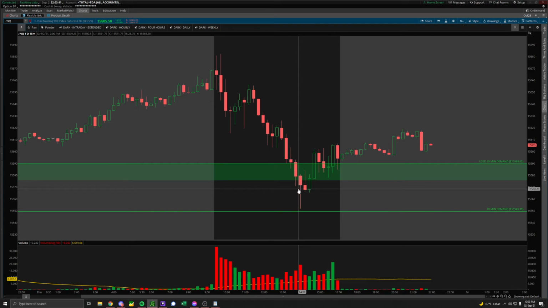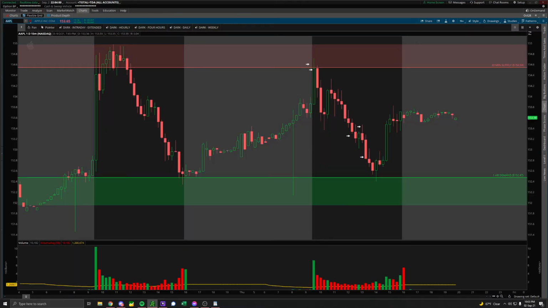So this told me that there's some seller exhaustion going on, and the fact that there's confluence with this 30-minute demand zone that I had identified, this sort of told me that it may be a good time to start entering some longs. And that's essentially what I did on AAPL. I ended up taking,